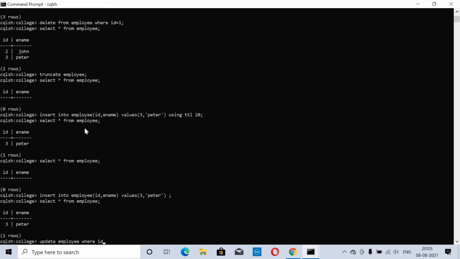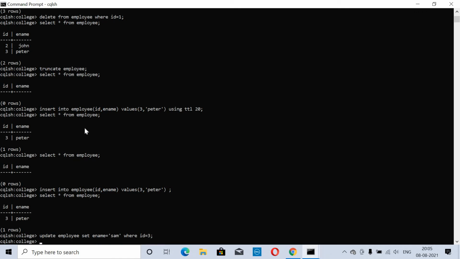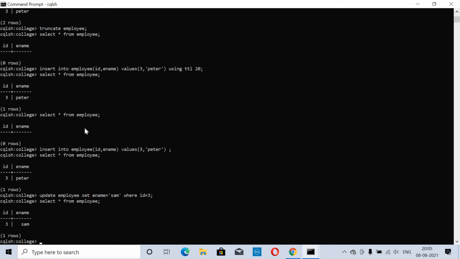So update employee set ename is equal to something else, say Sam, where ID is equal to 3. Let us see this, select star from employee here. This is updated. Earlier it was Peter, now the name is changed to Sam. So this is how we keep on updating.